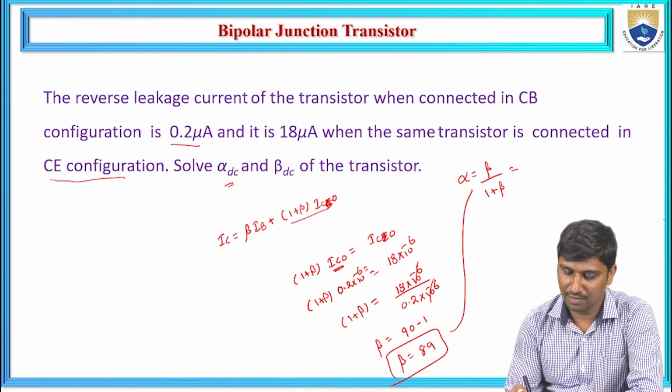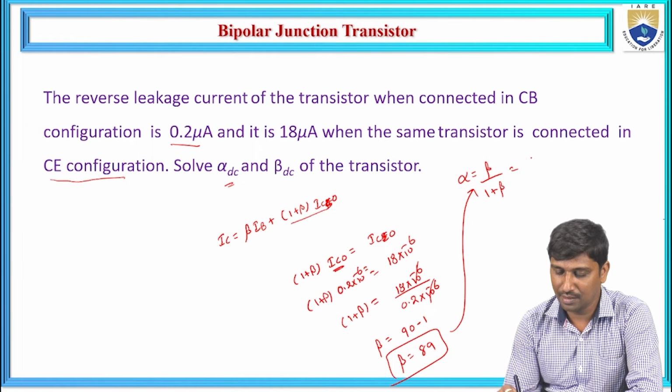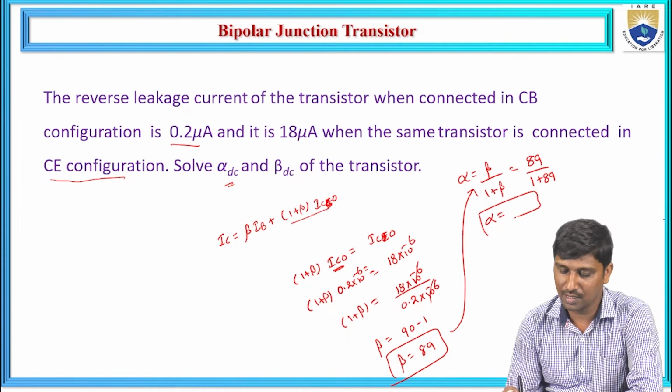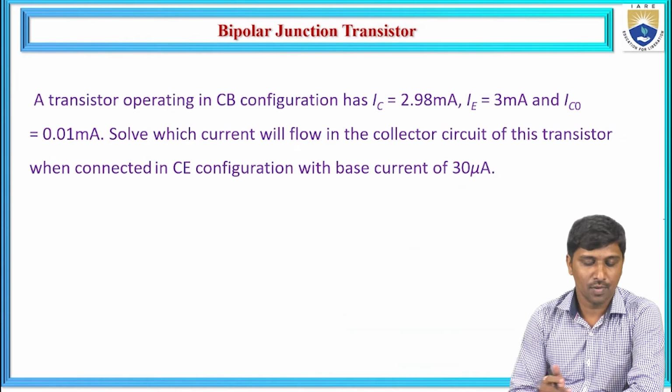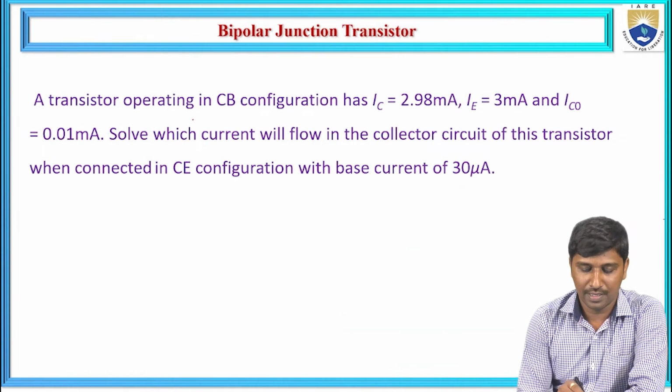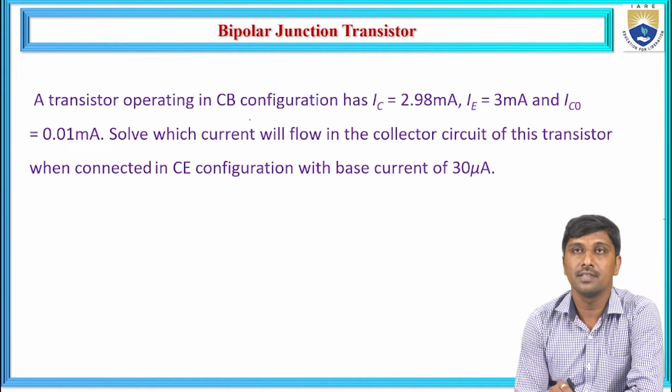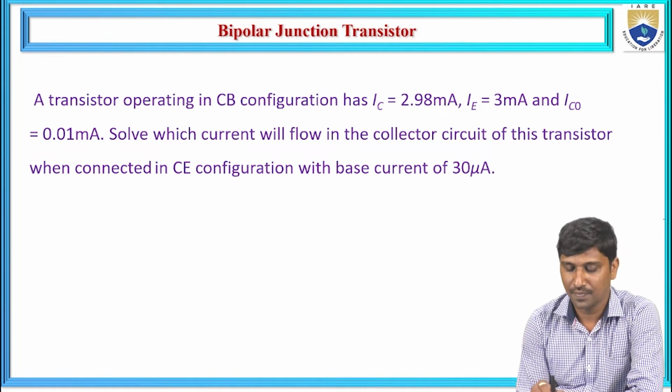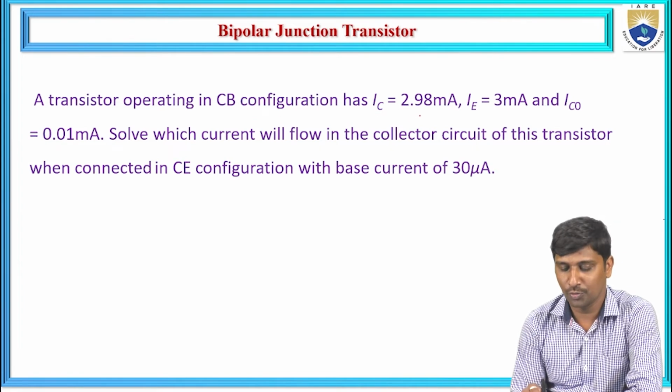So we observed beta value is 89, hence 89 divided by 1 plus 89. Then you can solve this ratio, it gives the alpha value. Now another problem: a transistor operating in CB configuration has IC equal to 2.98 milliamperes, means the collector